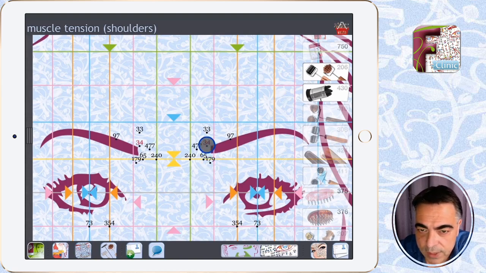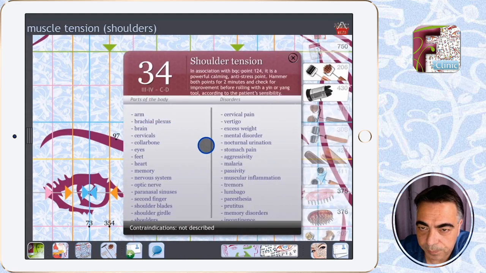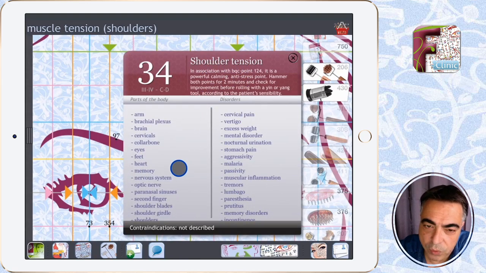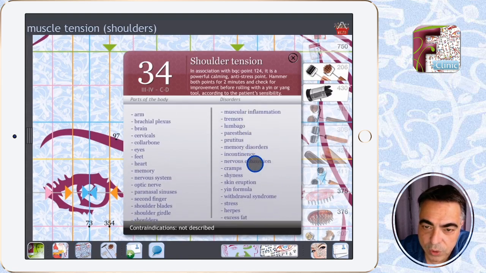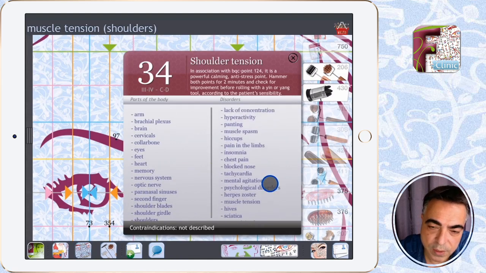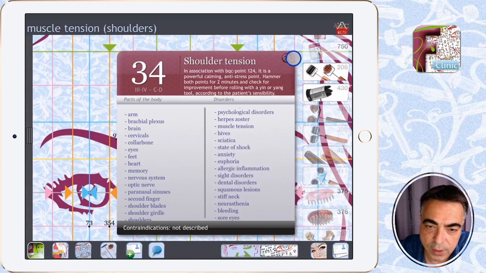For example, let's check this 34 to see an example. You see that this point is very implicated in shoulder tensions. And here you have the list of all the parts of the body that this point has an effect on, and also all the disorders or issues or complaints that could be involved. You see that this 34 point is very important. It has a long list. If we take another one,